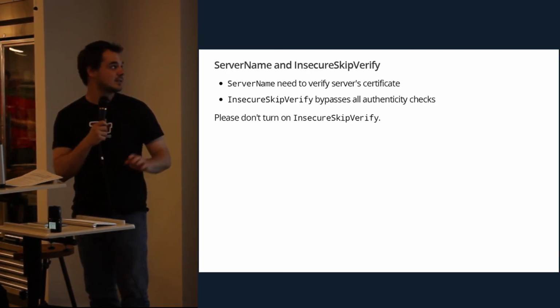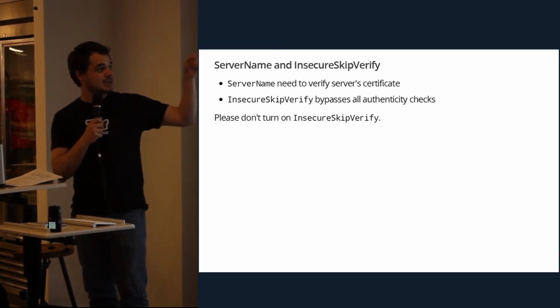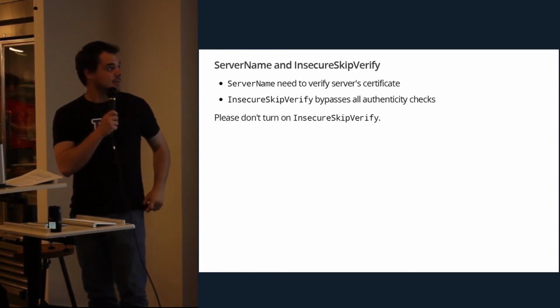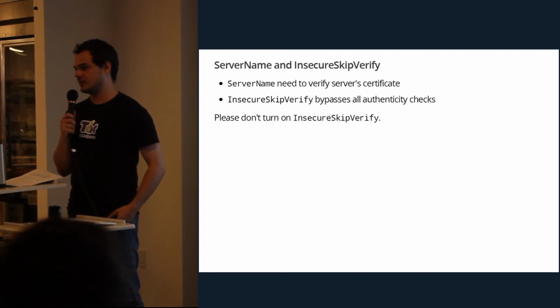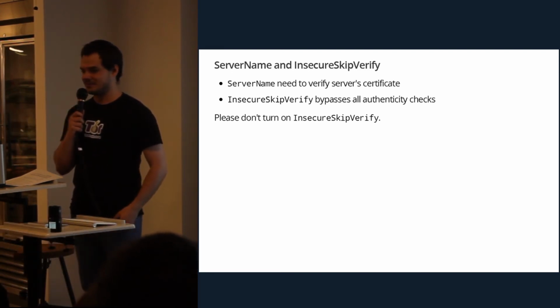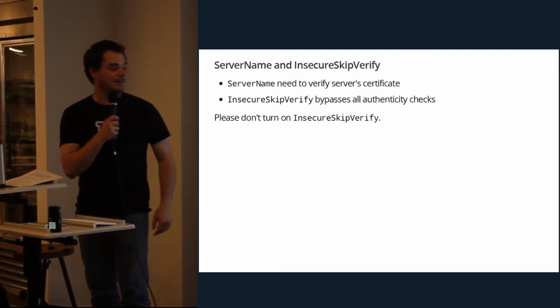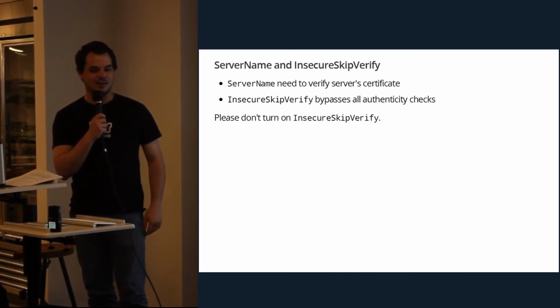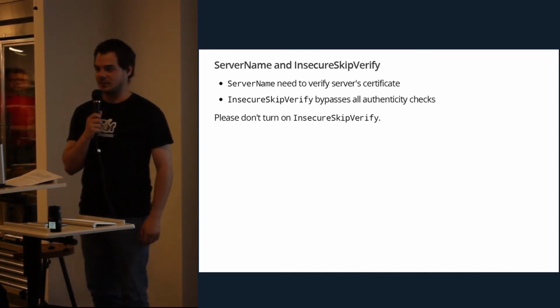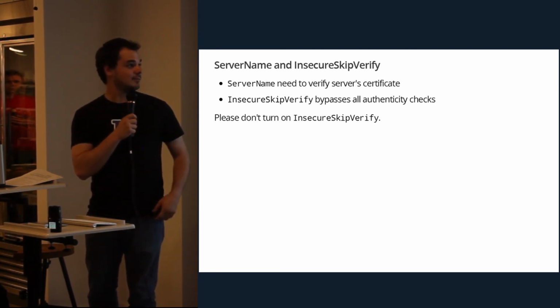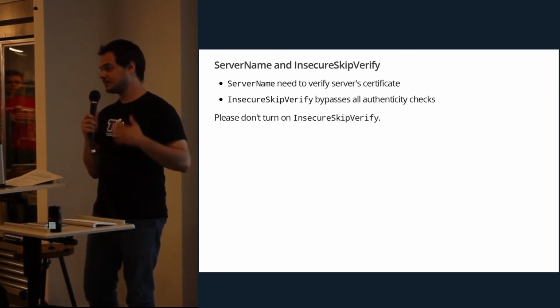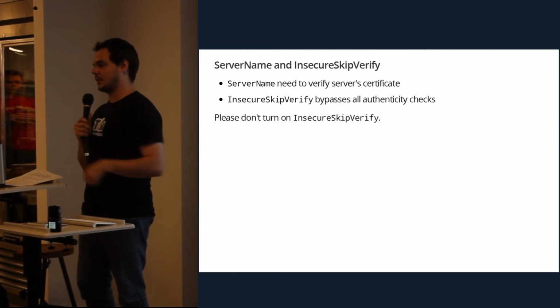So yeah, this is one thing that is a pet peeve of mine. InsecureSkipVerify. Have any of you ever used this? Like turn this on? Don't do it. In the Go session, I had the Samuel Jackson, turn on InsecureSkipVerify one more time. Just don't. What happens is it bypasses all your checks on authentication.